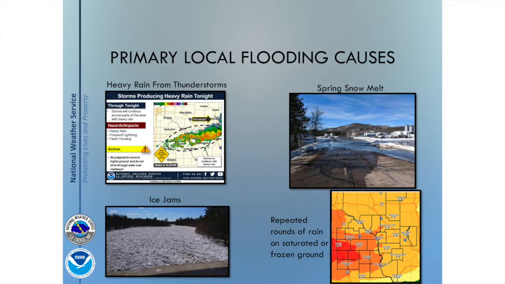Along with that, we can have ice jams. Those are pretty frequent. The nice thing about the ice jams, forecasting those, is that they tend to occur in the same areas year after year. There's just areas where once the ice starts to break up in the river systems in the spring months. This can happen earlier too, as the river's freezing up. You can have ice jam issues, but they tend to occur in the same area. So we watch those closely, and we actually have ice jam observers that know what to look for, know what to report to us, and they'll go out and look along the rivers if we suspect there could be an ice jam forming.